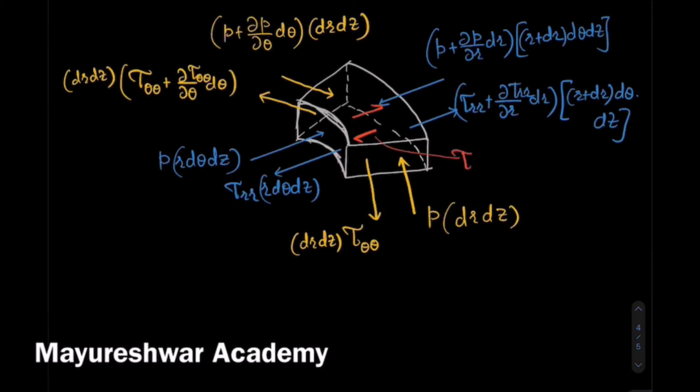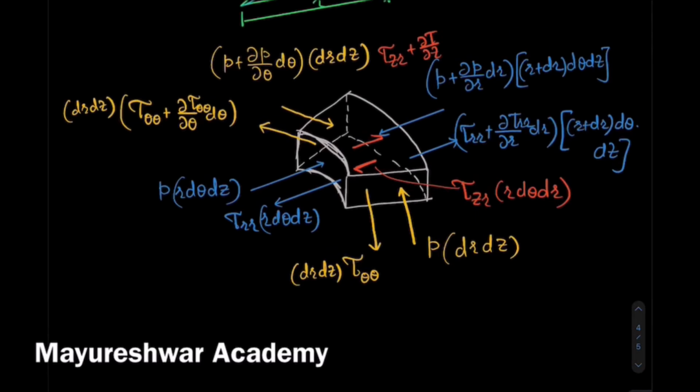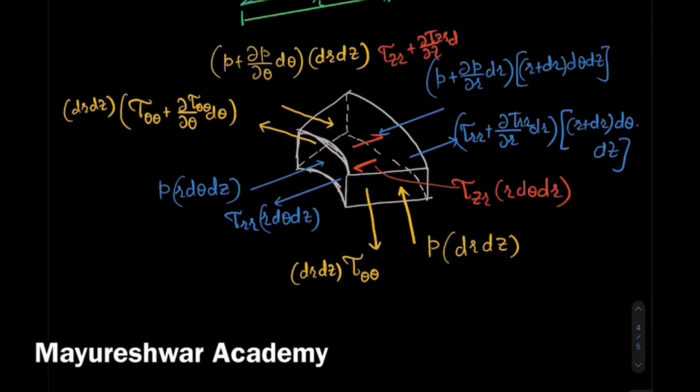So on the top face and bottom face we have the shear components, which are along r direction based on z direction, so on z plane, sorry. So tau zr into r d theta dr, which is area of that. On the top face we have its rate defined as per Taylor series, so multiplied by dz into r d theta dr. So that is the area of top face.